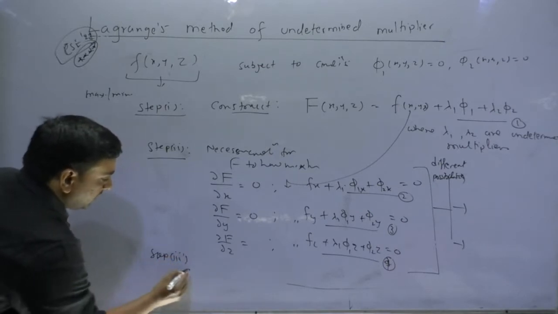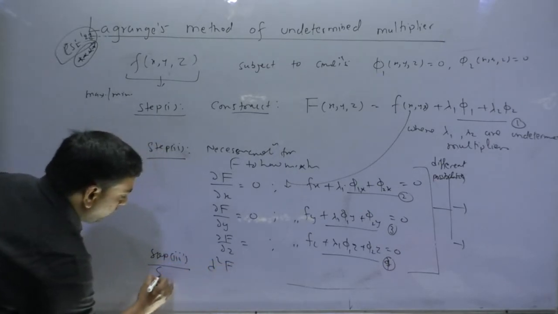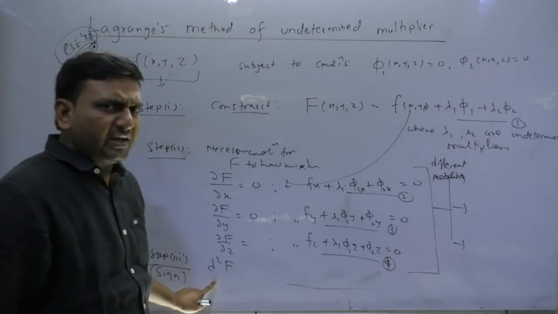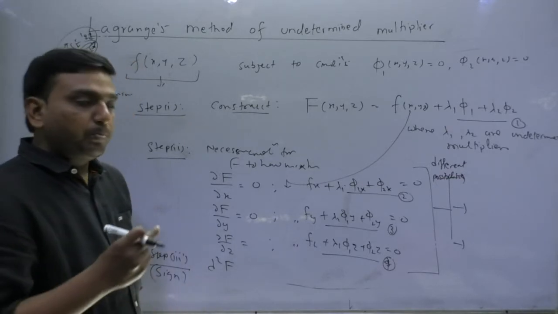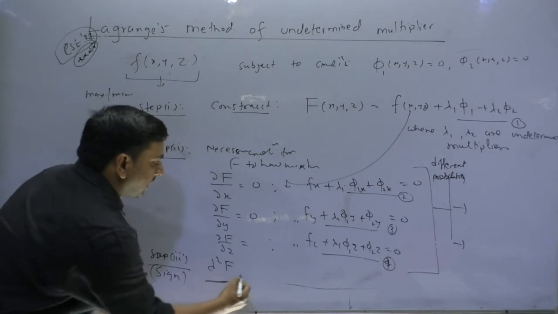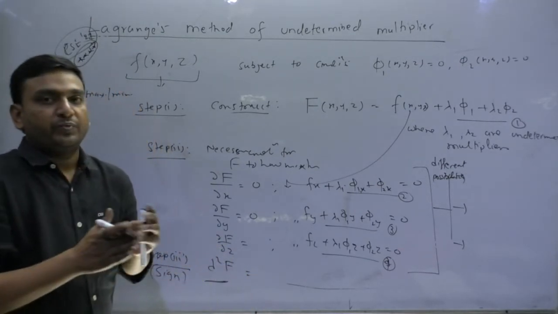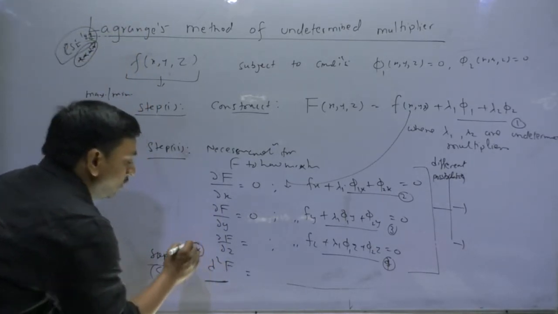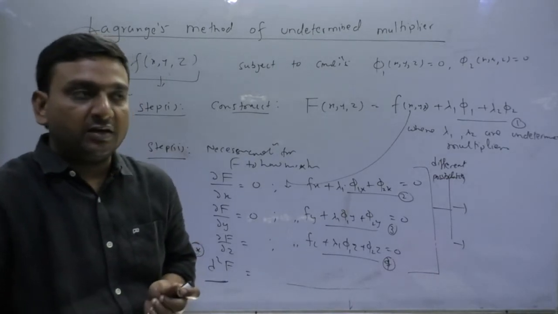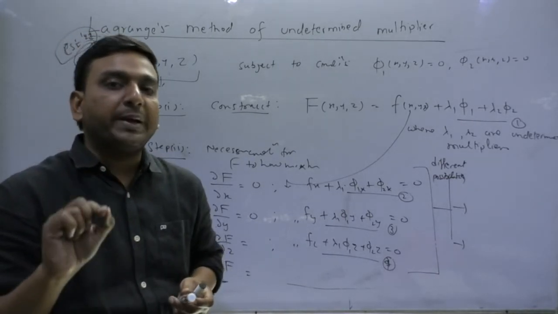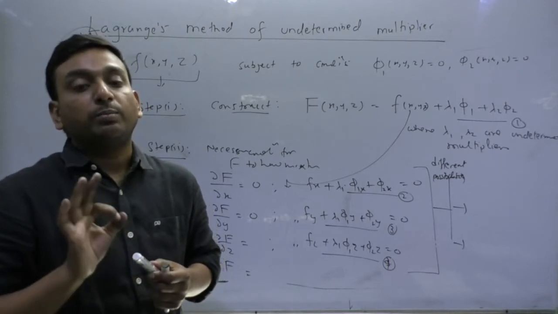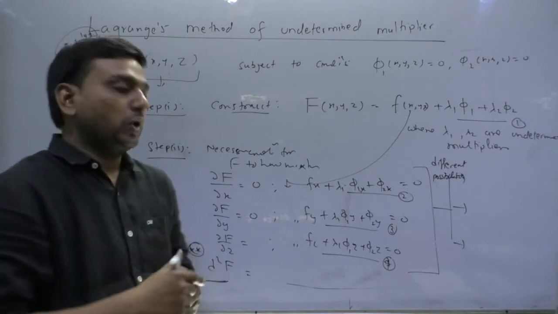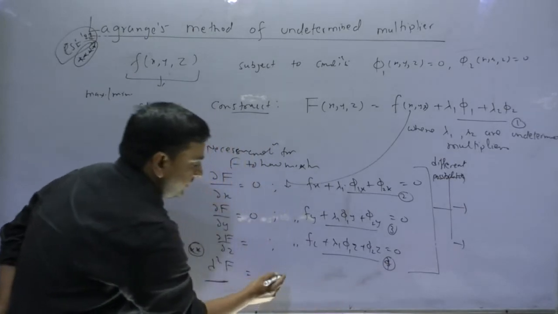Step 3rd, and that is sign of what बच्चे? Sign किसका? D2F का. What sign we will be checking? D2F. Please make it a point here. Writing the D2F itself is a task. So what expression I am going to write here, you must remember actually. You must remember that expression, otherwise you will not be able to cope with that. So I am writing that expression here. Please be on the board.